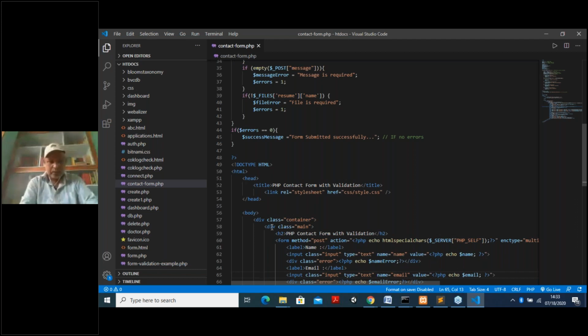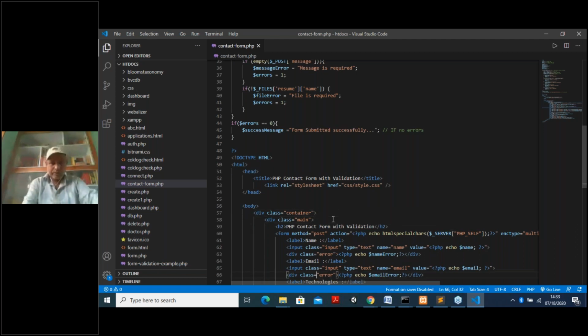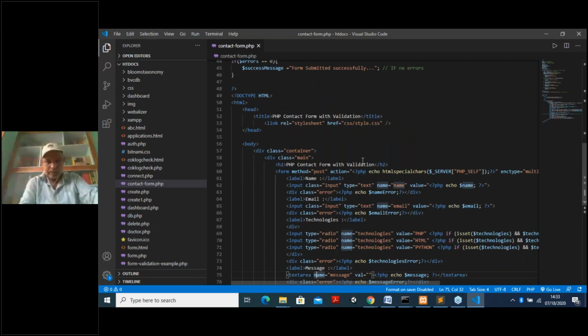Inside body I am using some div, under the class I am using container. If you see here, I have not given any cascading style sheet, and don't worry about these things now. So I have used div class equal to main. Here PHP contact form with validation, this is to be displayed on the top.